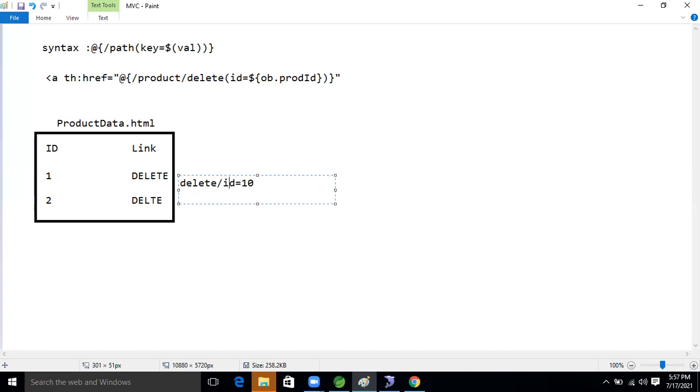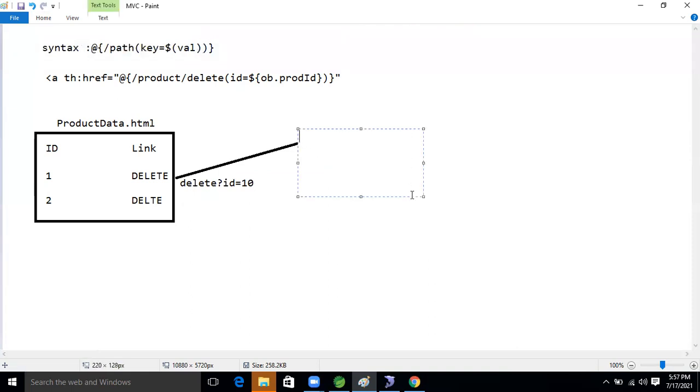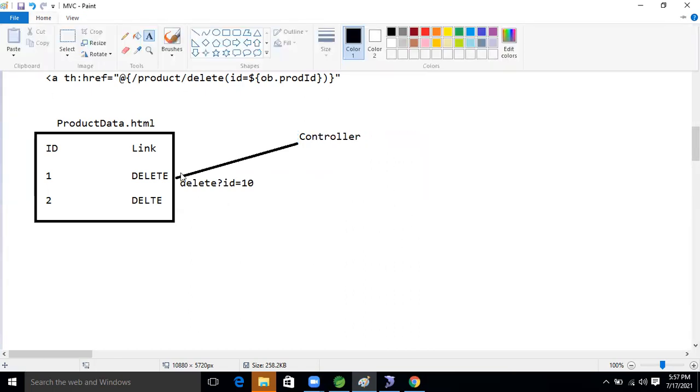Then the request will go to our controller now, guys. Then inside that controller, how will we read this ID?